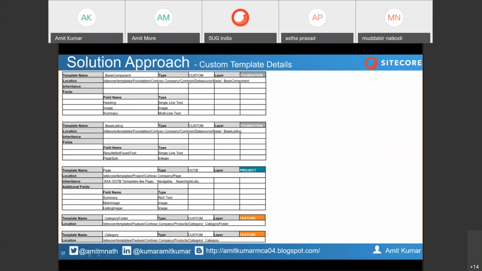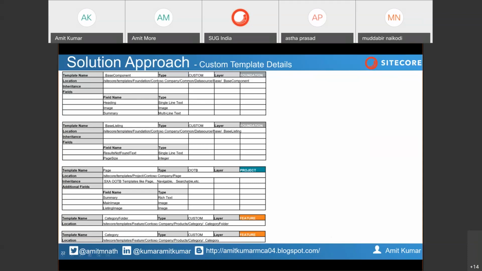So I have created one common data source type of thing for a base component as a template. And the base listing, because a listing can have a result not found text or a page size, which I am creating like a category listing for any custom component.